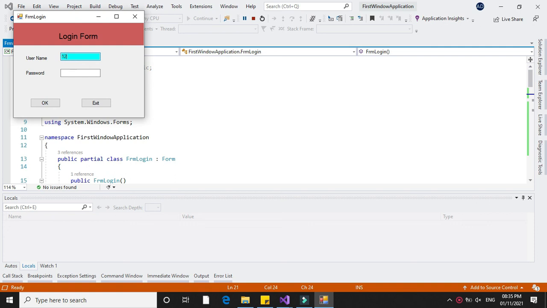So I will give the username and I will press enter key. It will move focus to the password. It will change the background color of username to white on lost focus while losing the focus, and on password it will change the background color to can. I will write password, and if I press enter, the focus goes to button OK, and it will change the background color of your password. And if I press enter key, it will print login correct. And when I press exit, it will close the form.